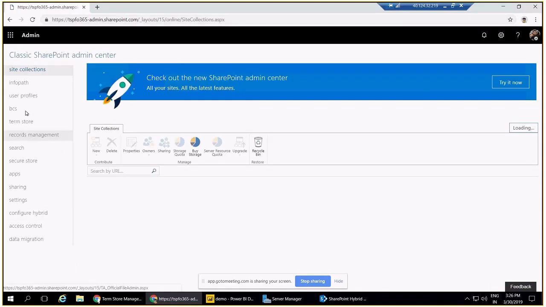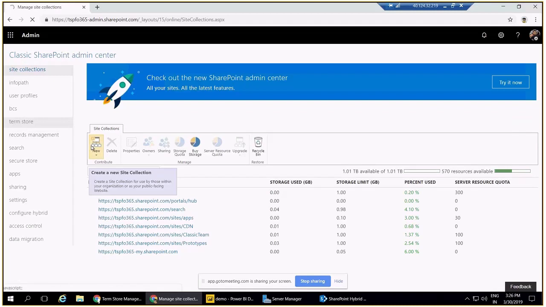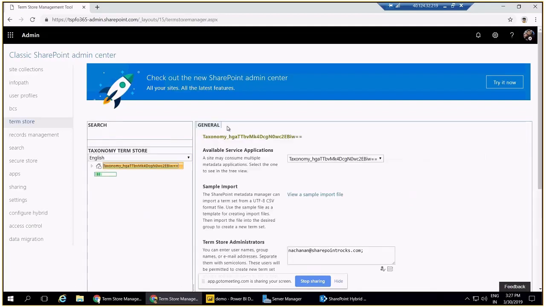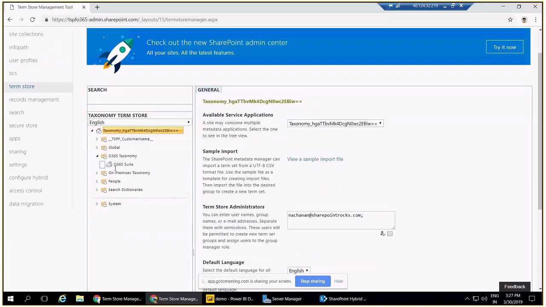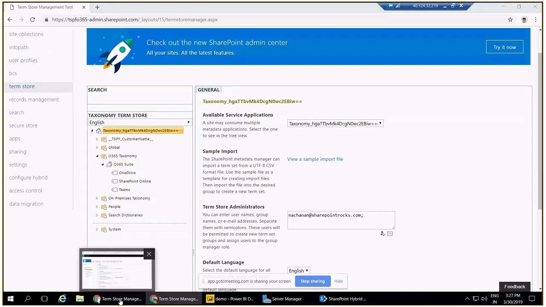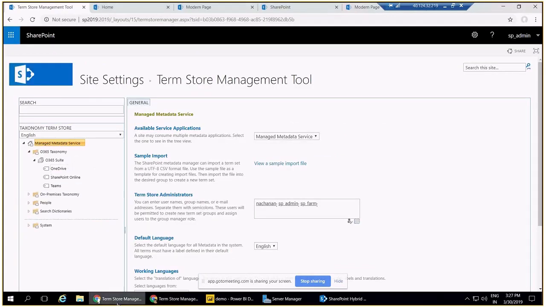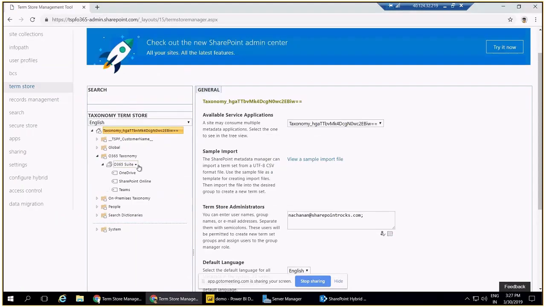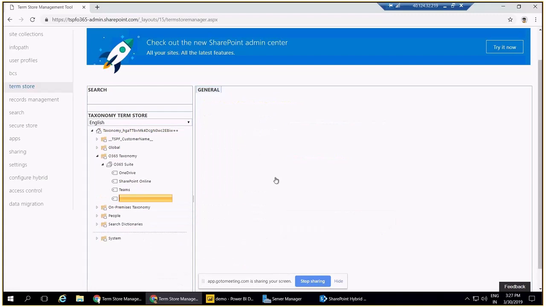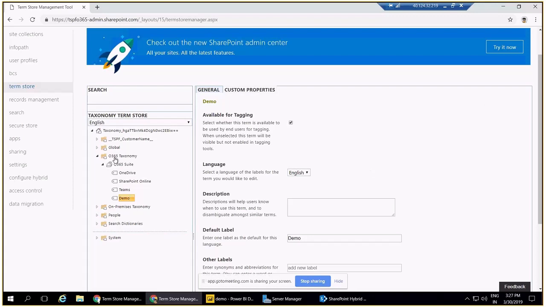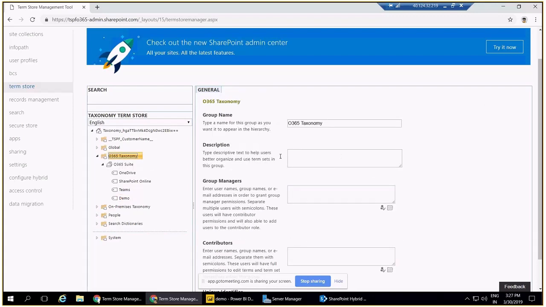So if I go to the term store here, we have this Office 365 taxonomy and this term group and term sets created here. So for example, if I just add one group, one term here, maybe I will just call it demo. So we have this one demo term created here, and since I have synchronized this taxonomy with the